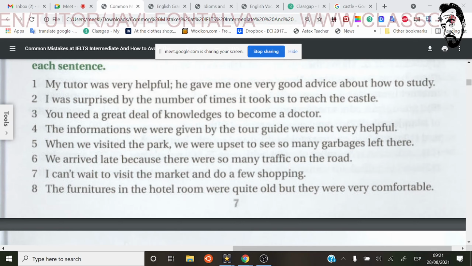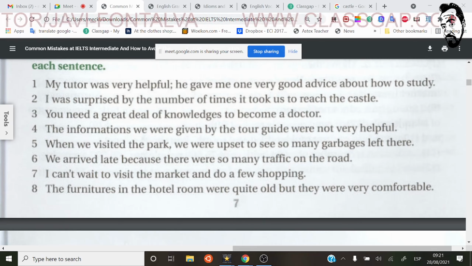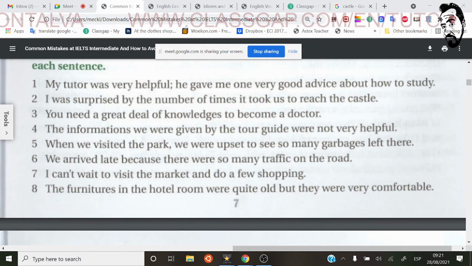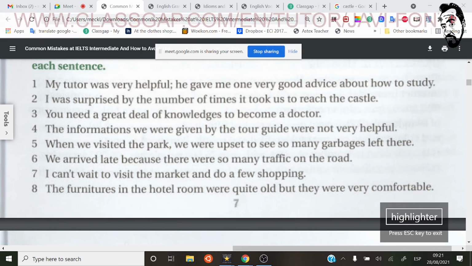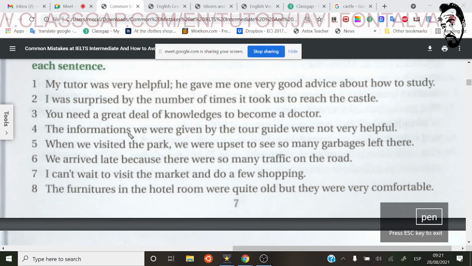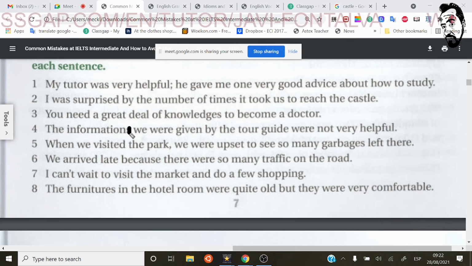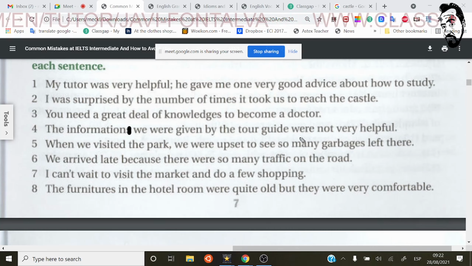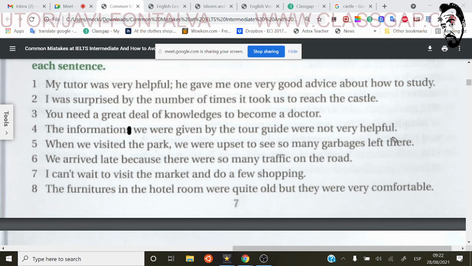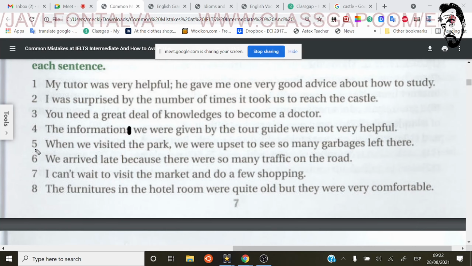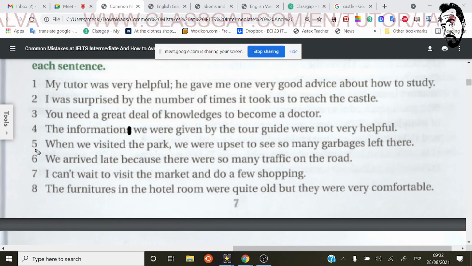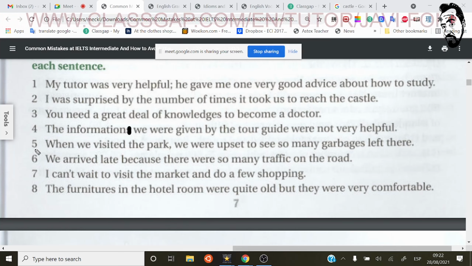The information we were given by the tour guide were not very helpful. Informations. Exactly, this is the problem. So you need to say information. So the information we were given by the tour guide was not very helpful. Yeah. Number 5. When we visited the park, we were upset to see